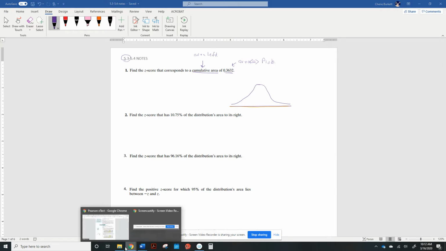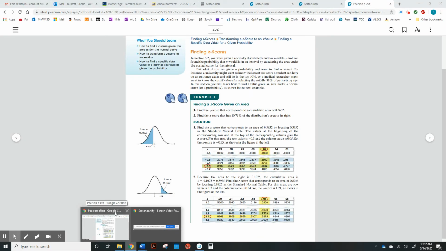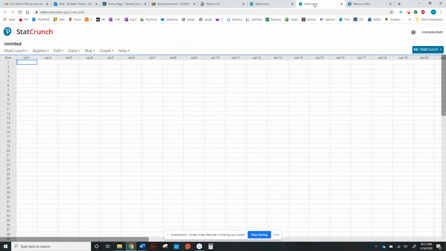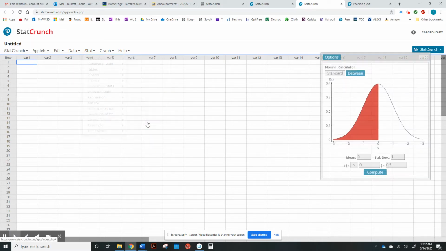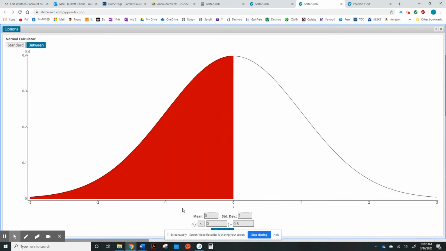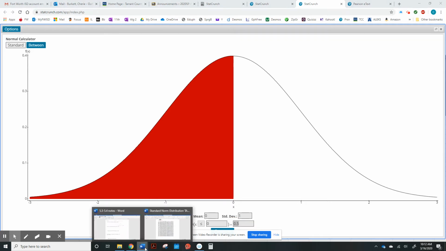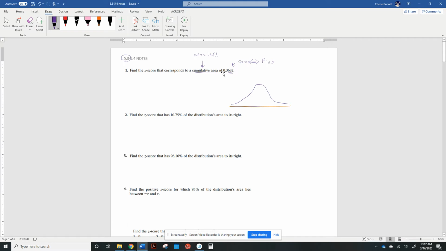Let's see, StatCrunch. In StatCrunch, we will be able to calculate those areas just by typing in the area that they give us right here, because remember, the probability is the same thing as the area. So let's start by doing it on StatCrunch first. So what was the question? The question was the area is